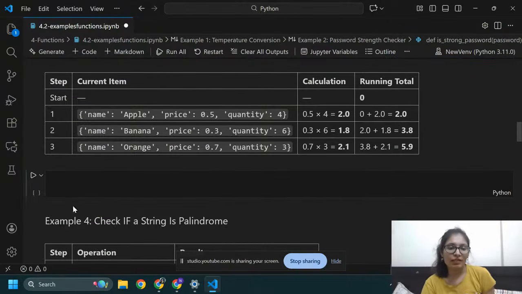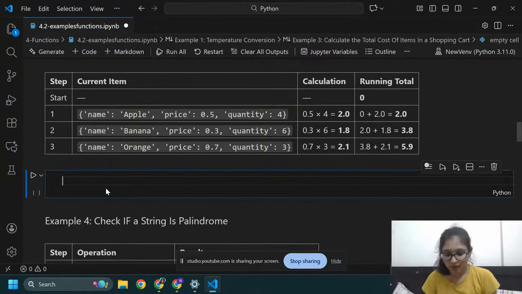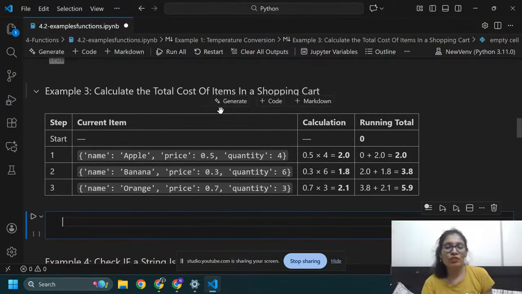Now I am going to write another code here. The code is calculate total cost, which calculates the total cost of the items in a shopping cart.